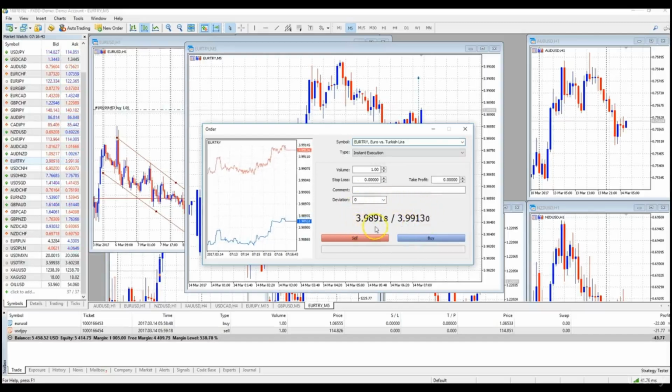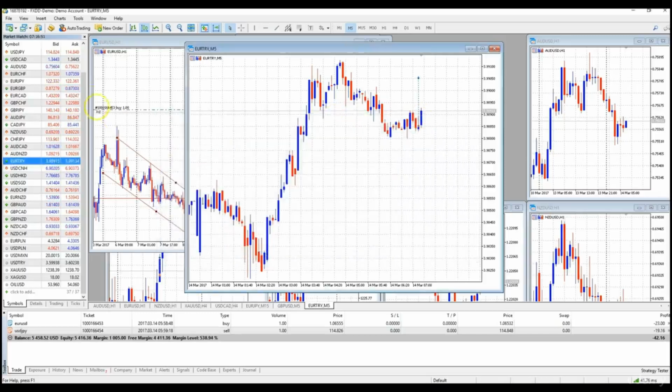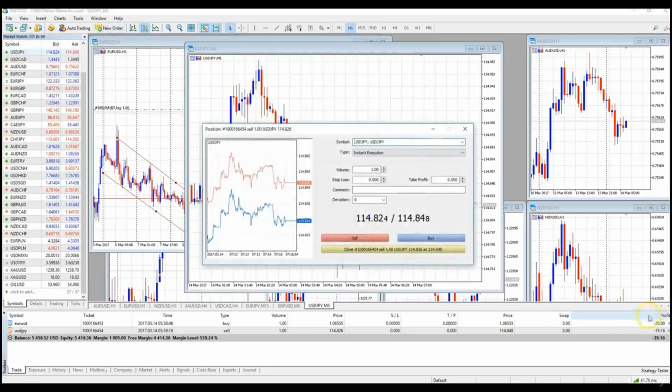This is something you have to pay attention to, because there's a larger buy-in commission required to trade an exotic versus a major and a minor. For example, if I were to trade USD yen, just pay attention to the terminal down below. If I bought this, the pip spread is 2 pips. So if I bought one standard lot,